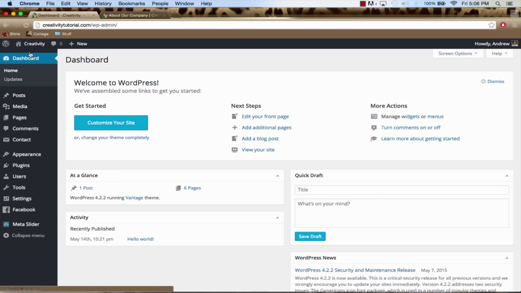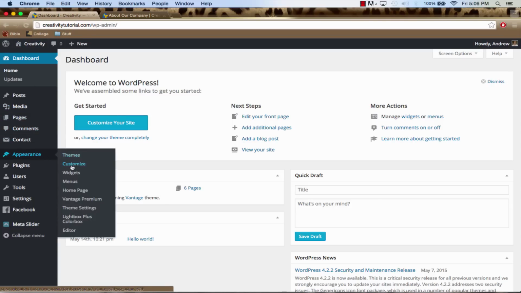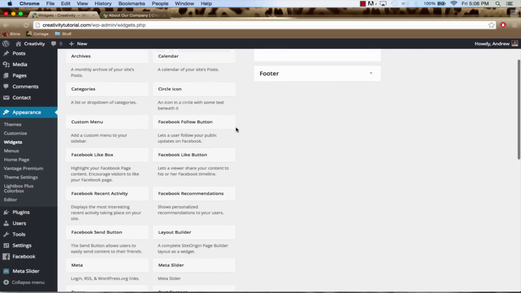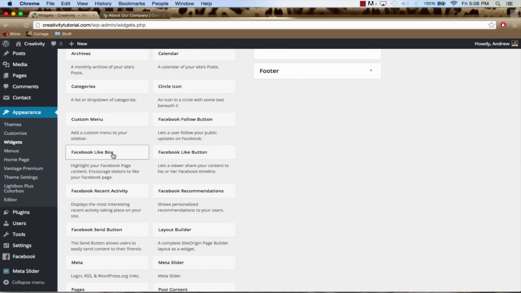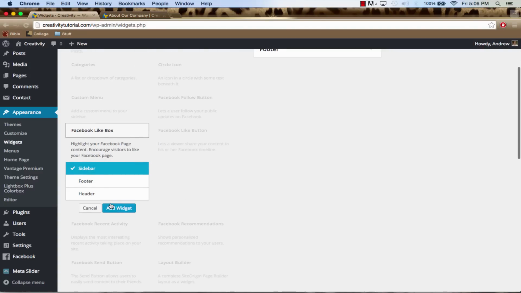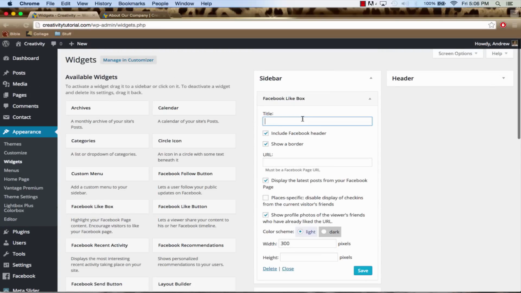If we go to our WordPress dashboard and we hover over Appearance and we go to our widgets, we're going to go into our sidebar that we deleted everything out of, but we're going to go down to the Facebook like box widget that I had you install, and you're going to click on it and then click sidebar and then click Add Widget. And you can have a title, say connect with us, or stay connected,